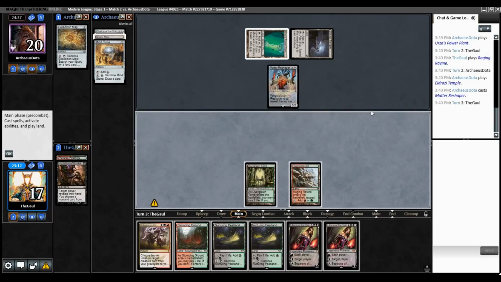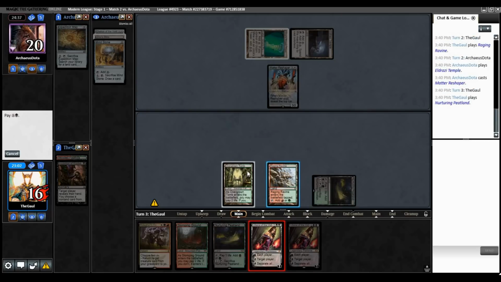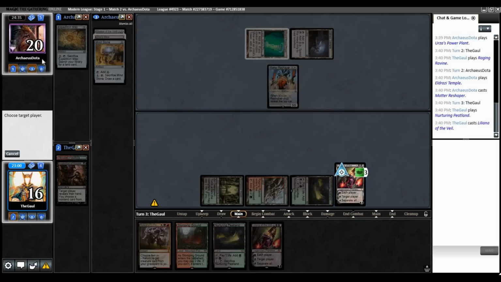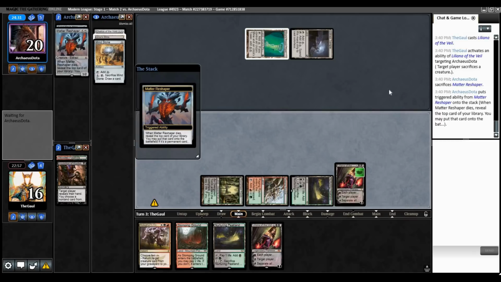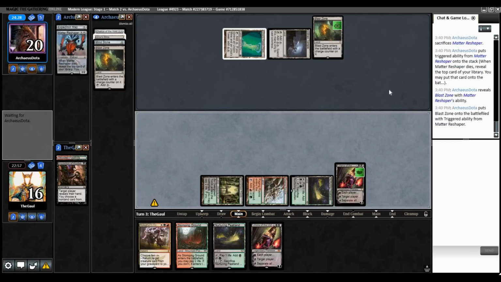Another Liliana. I guess that kind of makes us want to play the first one. Obviously, having to kill this thing is just pretty bad. We hope they draw into a high curve uncastable card, which is one of the fail rates this deck has. It plays all these super clunky cards and doesn't work that hard to assemble Tron. Instead, they get a free Blast Zone, which is, again,